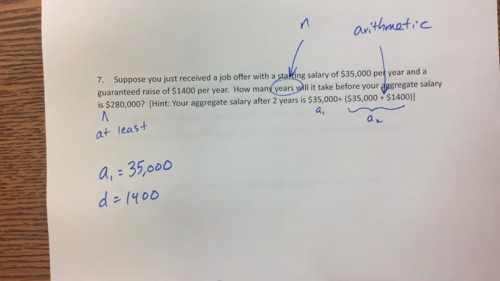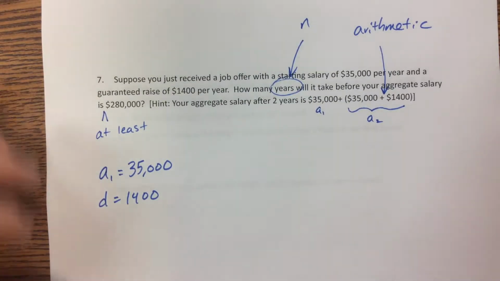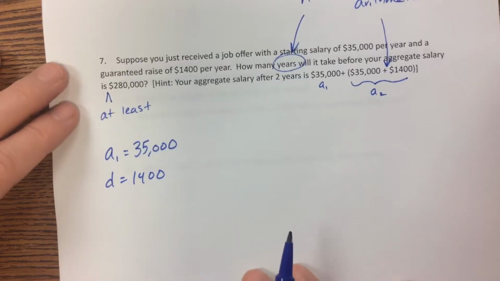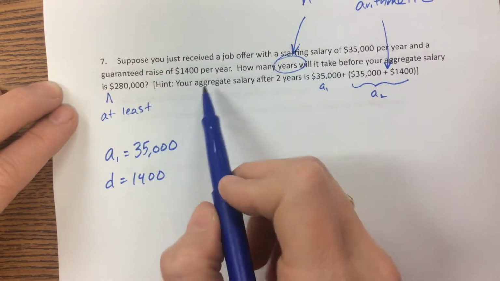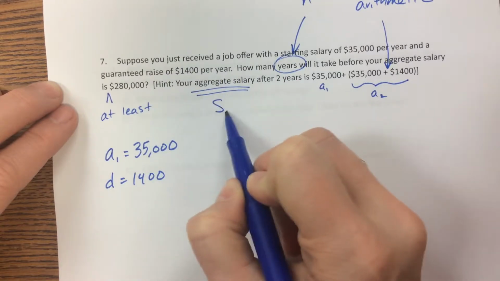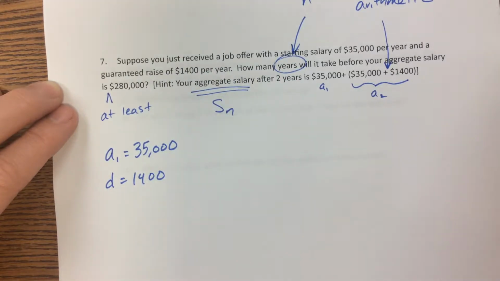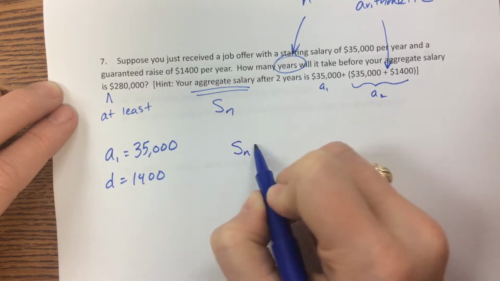Since we look at the first term, A sub 1, A sub 2, and we kind of go from there. So we won't have a part of a year. So when we're talking aggregate salary, that tells us that we're using S sub n. So I'm going to use the formula. Well, my two options